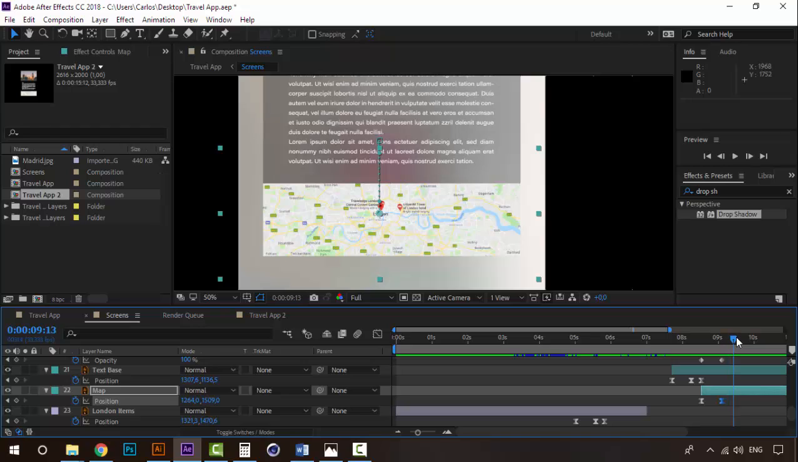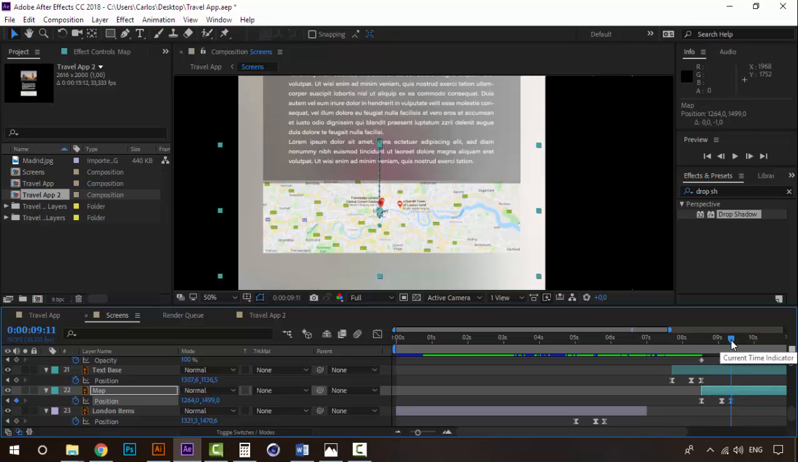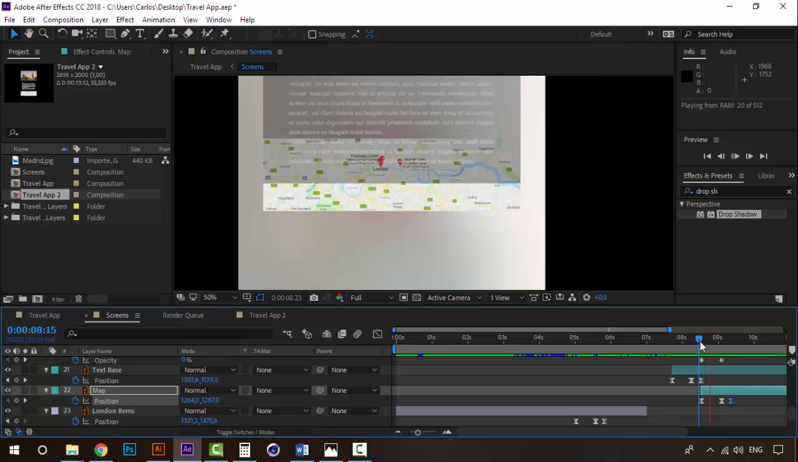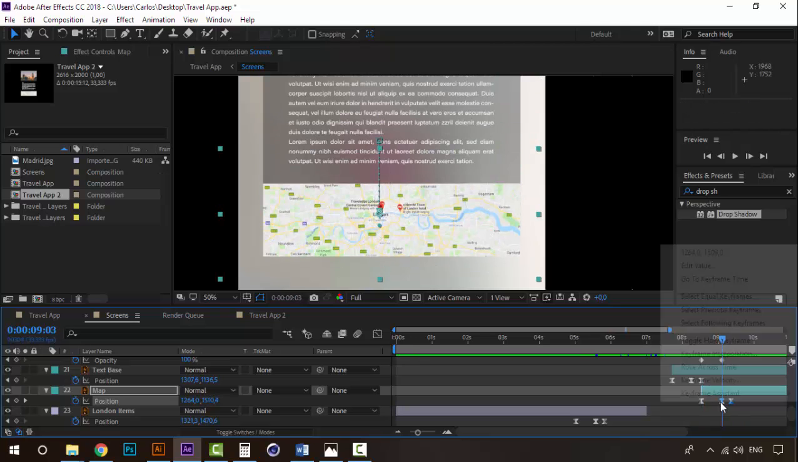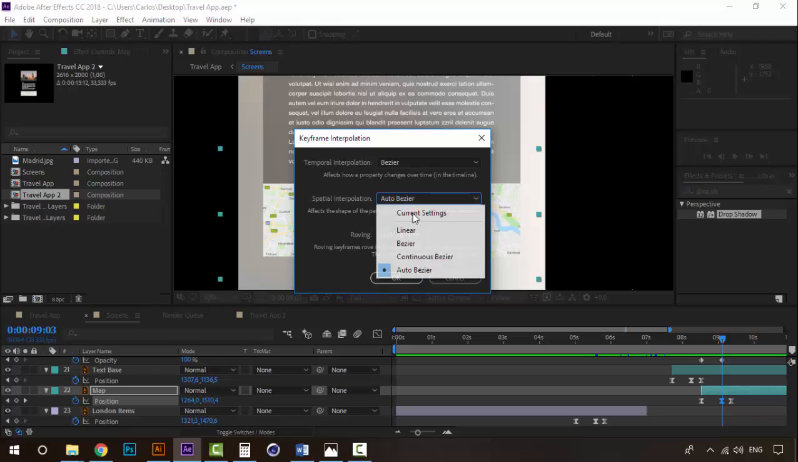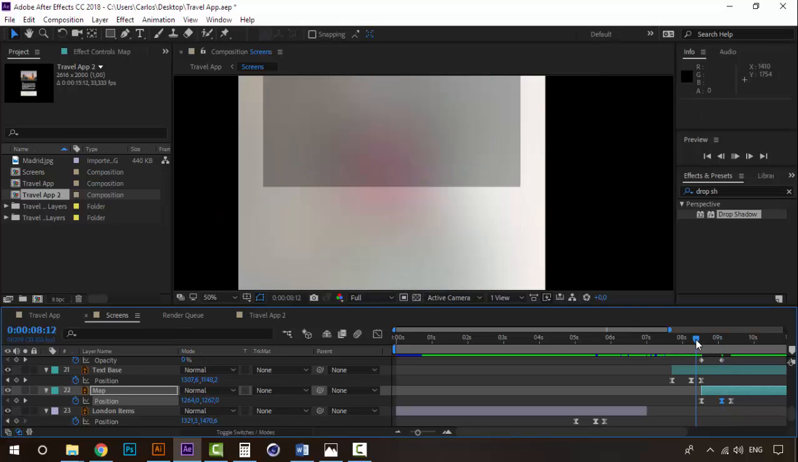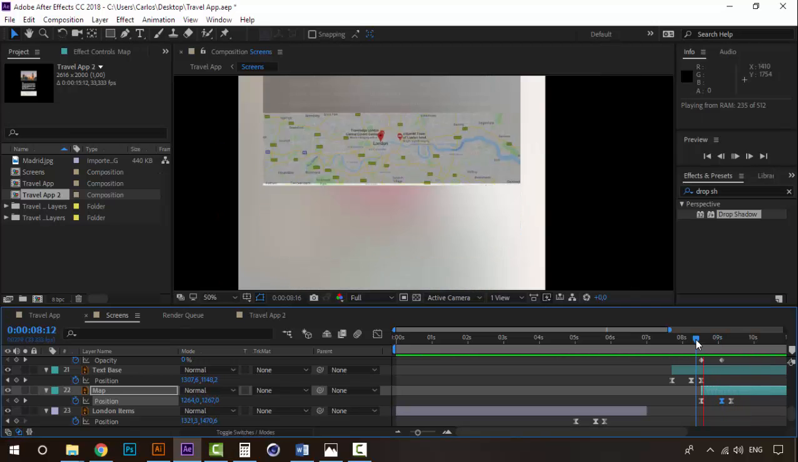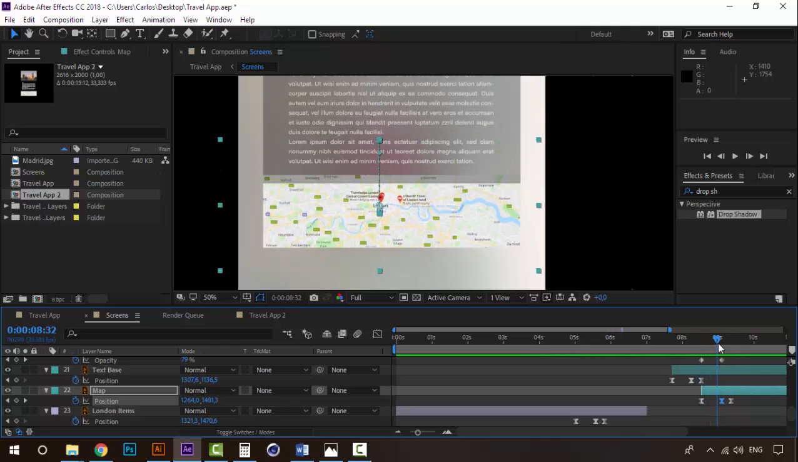Just like that. Now create a new keyframe here, a little bit closer. Make sure that this interpolation is on linear, and you will have this. Alright, now